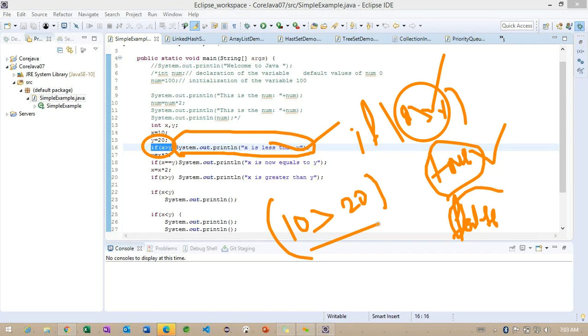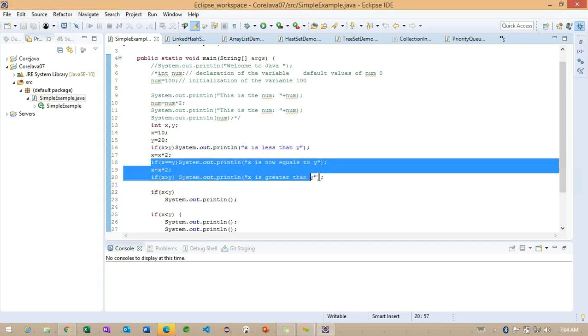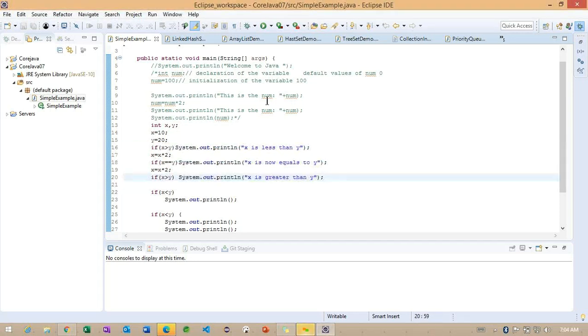True or false, right? Based on this, we are trying to provide the sysout information, the system.out.println message on our console. Back to here, this particular condition is not satisfied, so we did not get this message. For the remaining two, the conditions are satisfied, so we are getting the message. But observe carefully here, I want to explain one more thing.